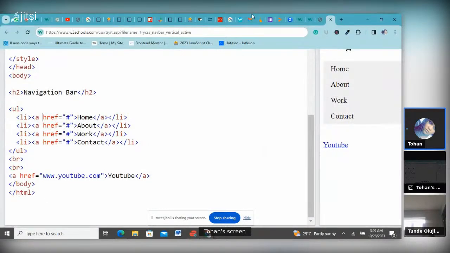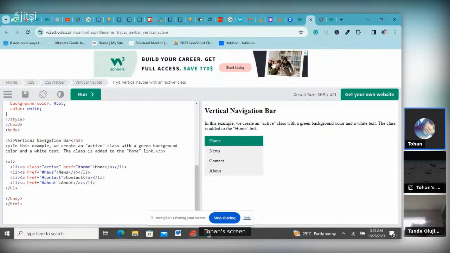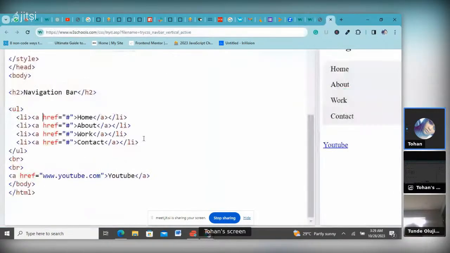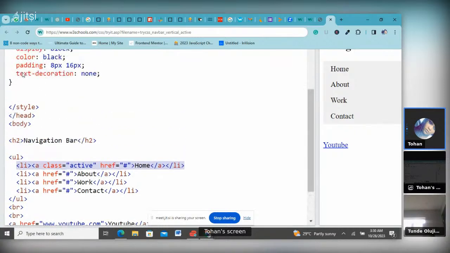Where did they even add the class? Okay, after the a. So they add a class here, so that they'll be able to select this particular link and style it. All right. So whatever styling you give to this class here, if I come to my style, to my CSS,